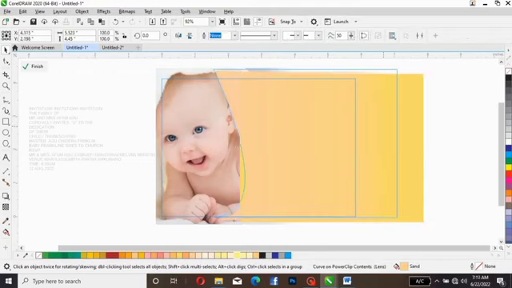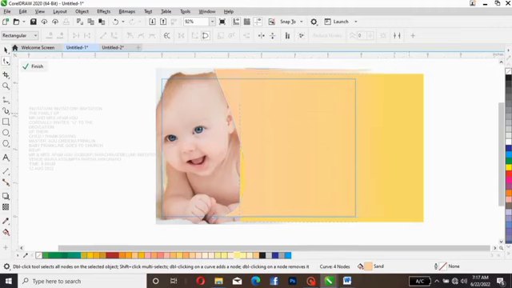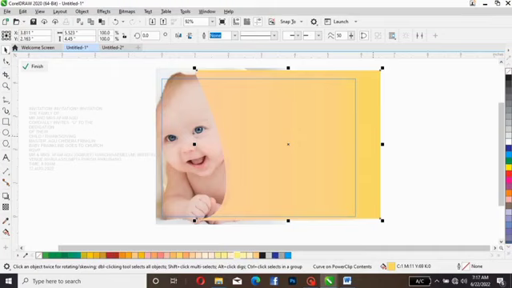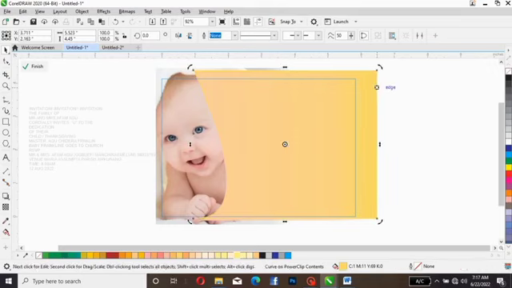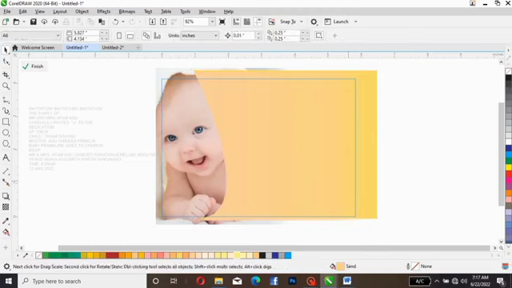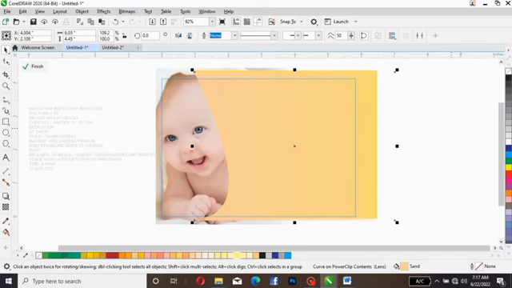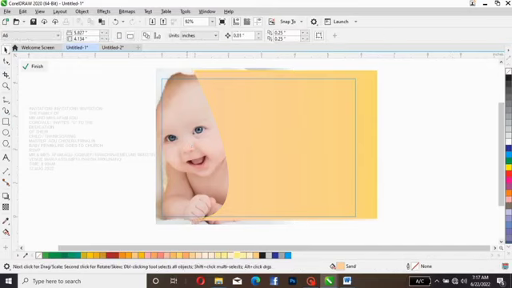Okay, I think we need to convert this one to curve as well, so that the shape will be the same with this one. Okay, let's see. Okay, you can see now. Okay, I think it's okay like this. Let's increase this a little bit. It's okay like this. So the next thing we're gonna do is that we have to apply our line here